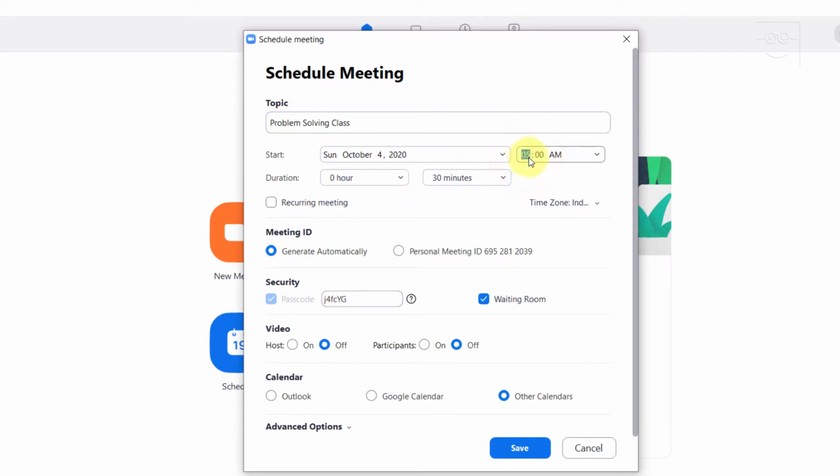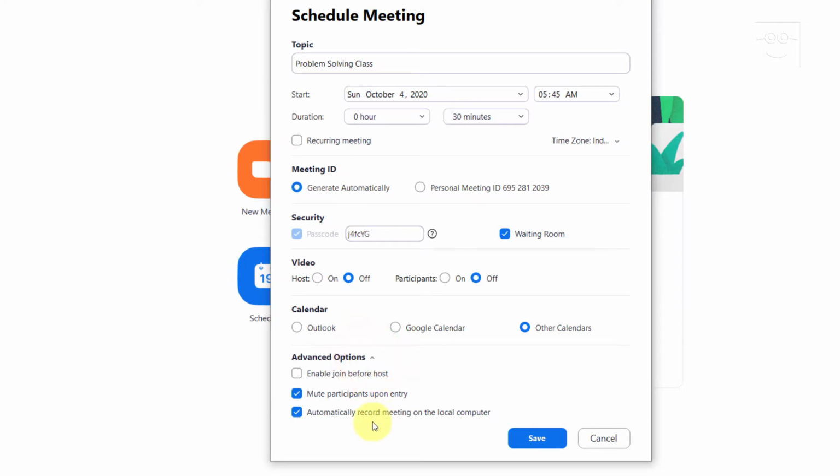Set the meeting start date, time and duration. Leave the meeting ID to generate automatically. Leave the password as it is. Leave the waiting room enabled. I'm going to leave the video as off for this tutorial. I will send the invite manually, so I will select Other Calendar.